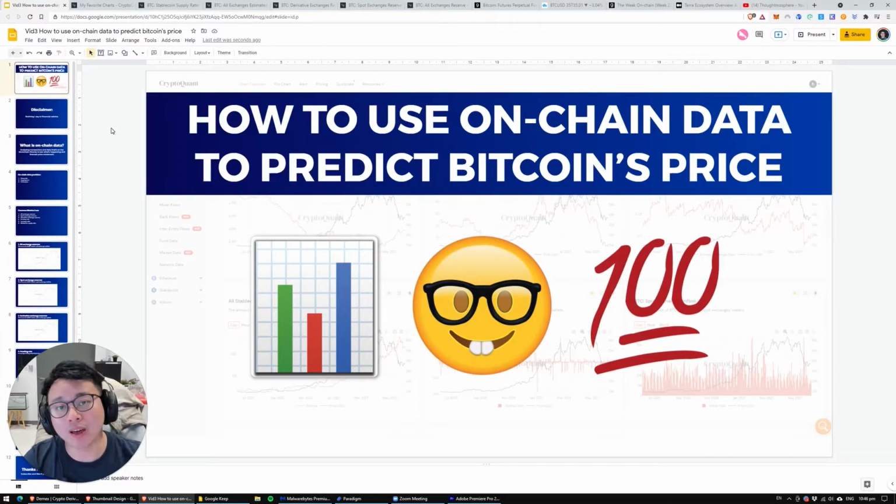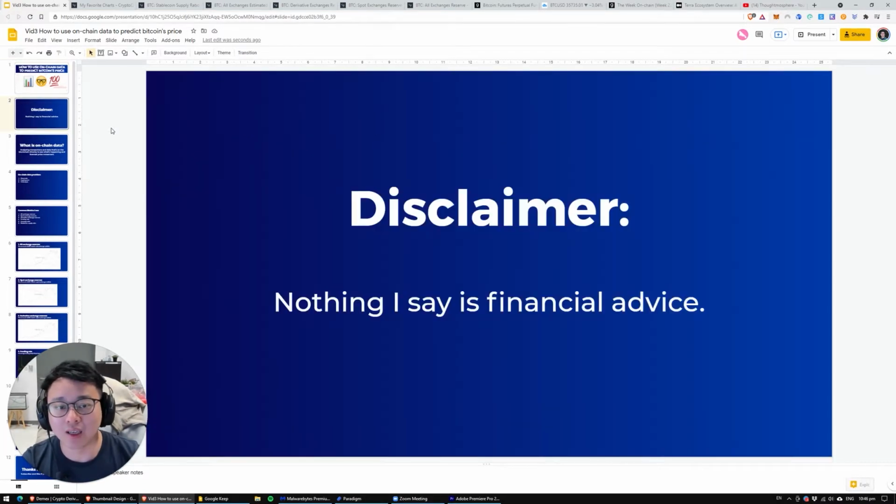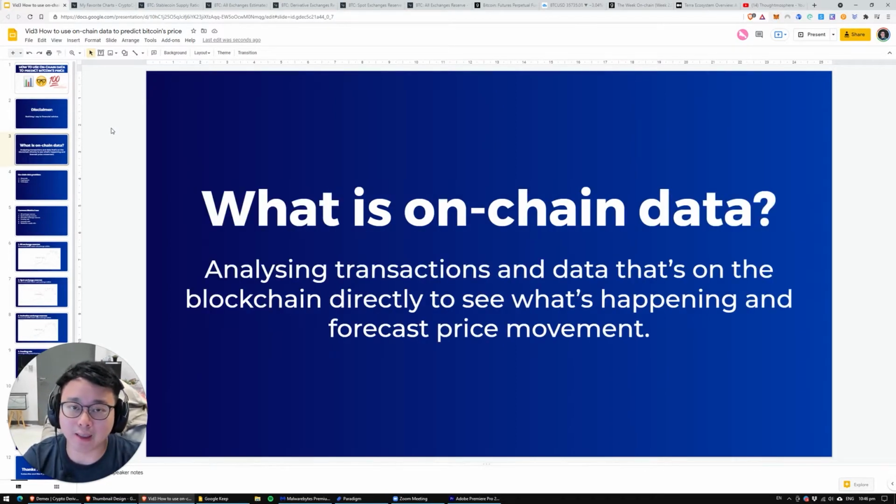Today we'll be looking at how you use on-chain data to predict Bitcoin's price movement. So quick disclaimer, nothing I say is financial advice. And what is on-chain data? On-chain data is basically analyzing transactions and data that's on the blockchain directly to see what's happening and to forecast